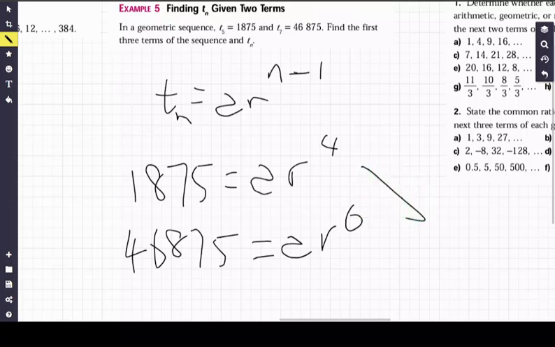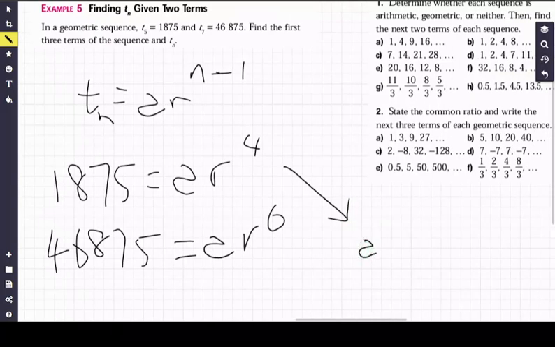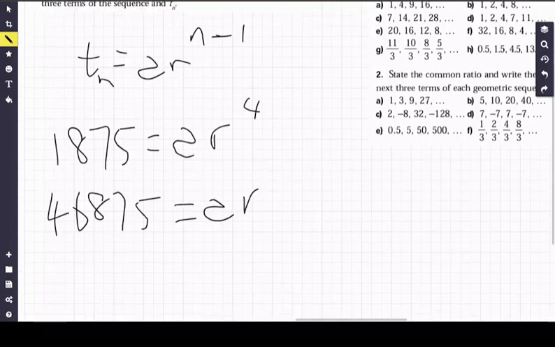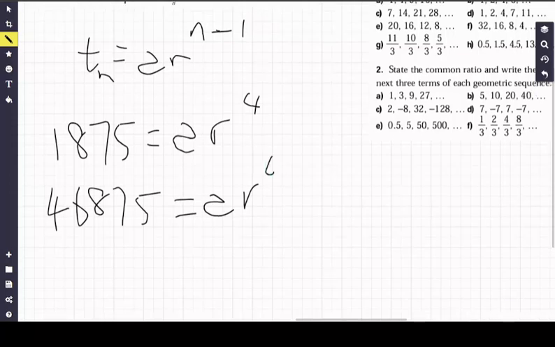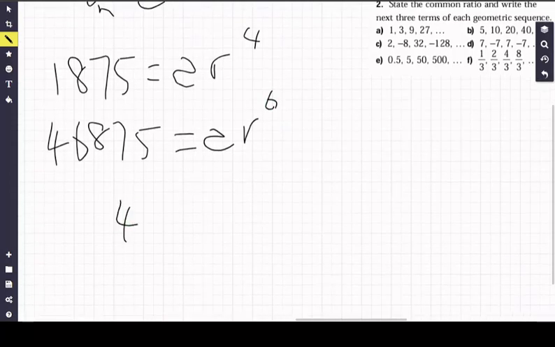So A is equal to 1875 over R to the 4th power. Right? We just divide both sides by R to the 4th power. Nothing bad, nothing stupid, nothing random, just mathematics. And then let's go ahead and plug that into this equation. So we'll have 46875 is equal to